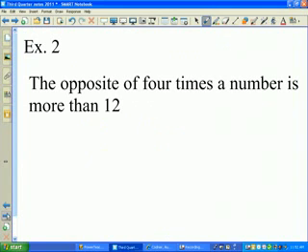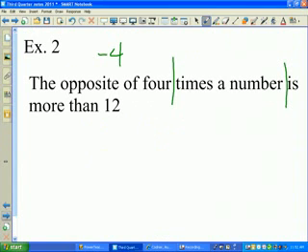For the next example, we have: the opposite of 4 times a number is more than 12. When you see a word problem, break it up. So the first part is the opposite of 4. Now the opposite of 4 will be a negative 4